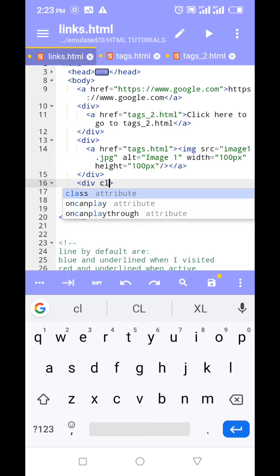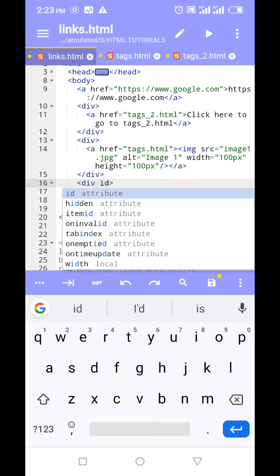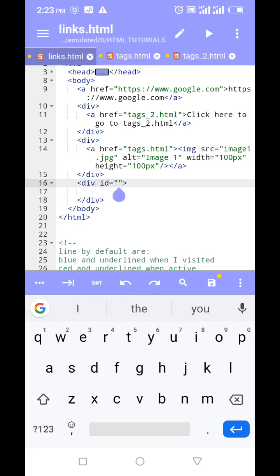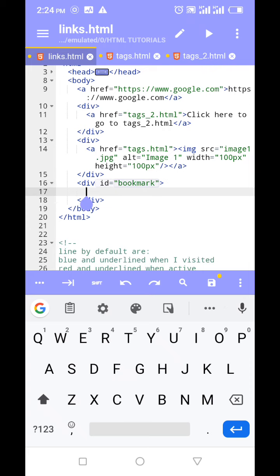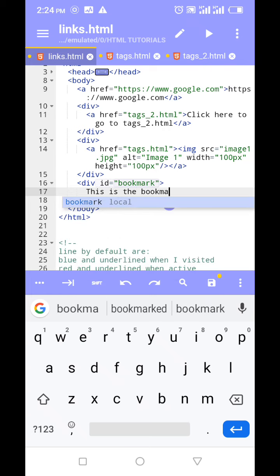With no class, and then I'll give this div an ID, and the ID will be, let's call it paragraph or the bookmark. So we'll call this bookmark. So that's the ID. Then I can write a lot of things. Right, this is the bookmarked section